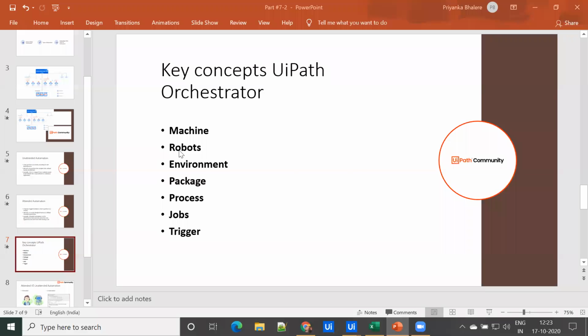Okay. So then comes the robot. So it is the execution host that runs the processes built in Studio. Then comes the environment. So we have seen that, right? Parth has explained to you about environments. There can be a lot of environments in the organization. So it's basically a grouping of robots that is used to deploy the processes. And we can add a robot to one or more environments. As we can see that there was an IT section and a finance section, and we have added like 2 to 3 robots or many robots to the particular environment.